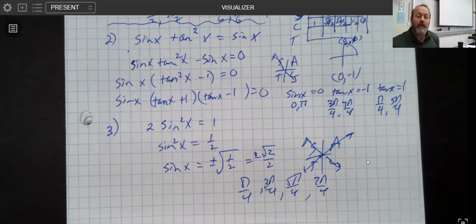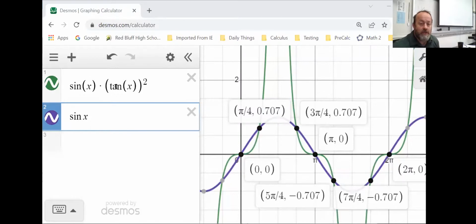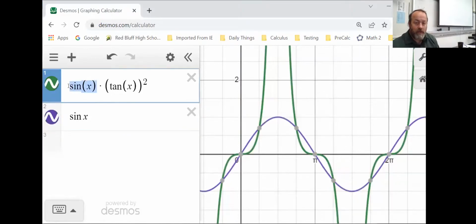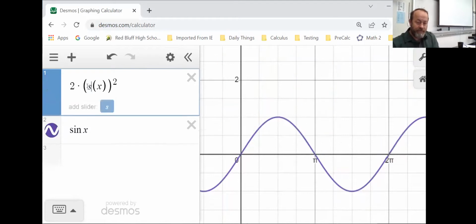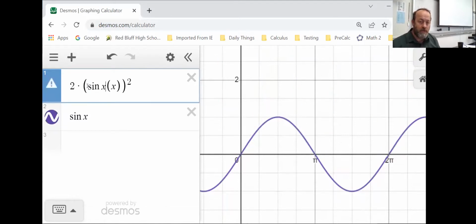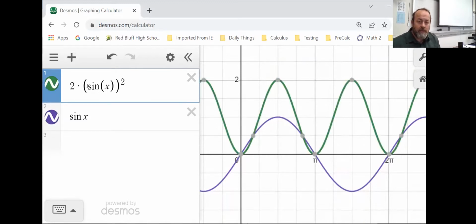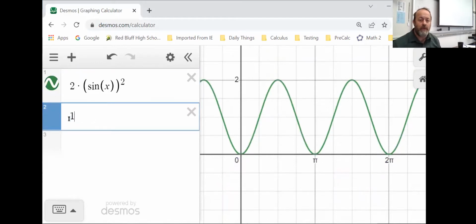So it appears to me that if I did that problem right, I should have 4 answers for that one. And let's go ahead and do one last take a look at Desmos and see if we picked the right set of answers. So what I had on this was 2. Let's make that a 2, and let's make this a sine of x squared. Okay, let's go ahead. Oh, I guess I don't want that. So there's 2 sine of x squared,